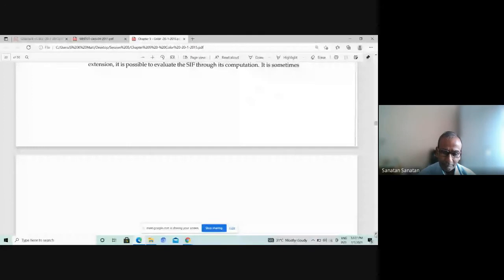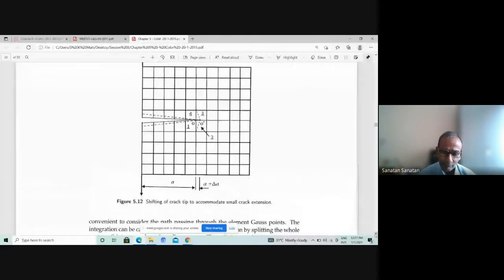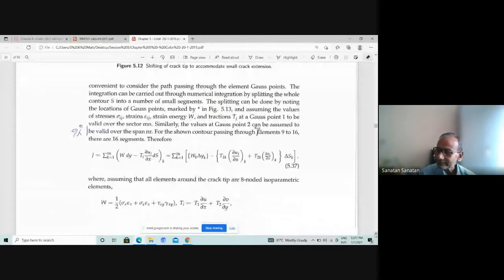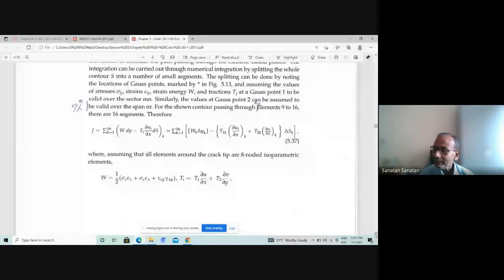So people started working out how these two computations can be avoided, so that the accuracy will be good, but at the same time the cost will be less. And indeed that has been possible. These are some of the strategies which are utilized in improving the finite element based computation of SIF. And these methods are known as the J integral based method, and then the crack closure integral method, and also the virtual crack extension method.